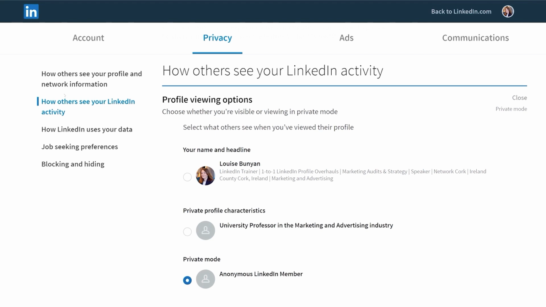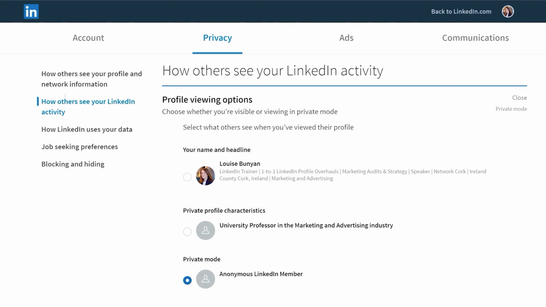If you're on the free plan, if you choose number 1, your name and your headline, and I also have that option ticked, we're both giving permission to know who's looked at our profile, so you get back profile views in return. If you choose private profile characteristics or private mode and you're on the free plan, you get back no profile views in return. And if you were to tick that now, you wipe away 90 days worth of your profile views.